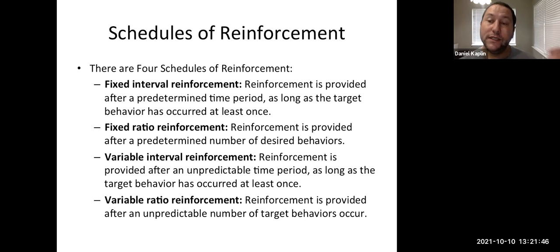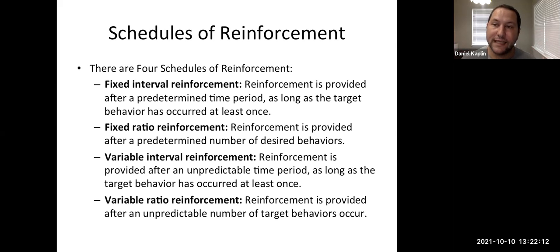Ratio refers to number of behaviors, and interval refers to amount of time. So if you can conceptualize what those four words mean, the definitions I'm about to go through will make perfect sense. So a fixed interval reinforcement schedule suggests that